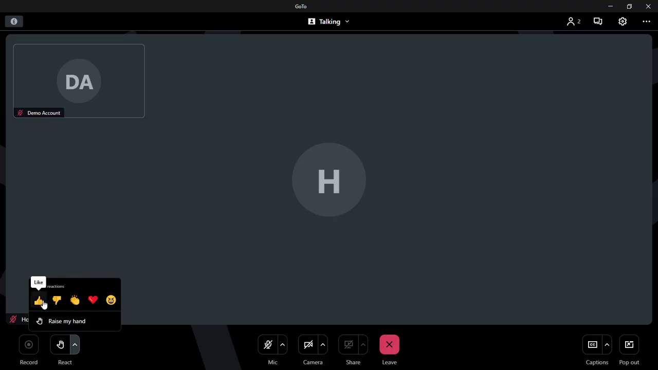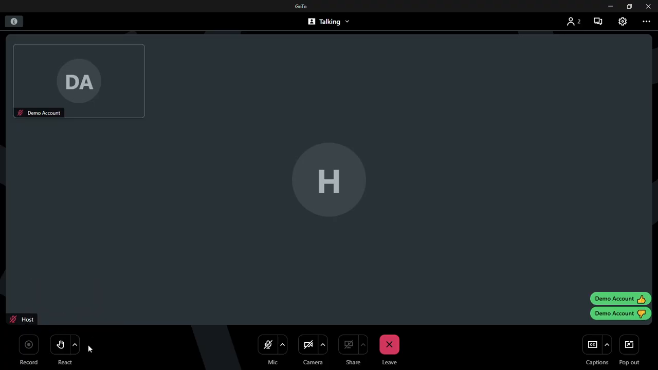If you're impressed or appreciative, there's a clap reaction to convey your applause. And for those moments filled with positivity or unity, express your feelings with a heart or smile reaction. These quick reactions are a fantastic way to keep the interaction engaging and dynamic. They allow you to convey emotions and responses instantaneously without having to unmute yourself, ensuring the meeting remains fluid and